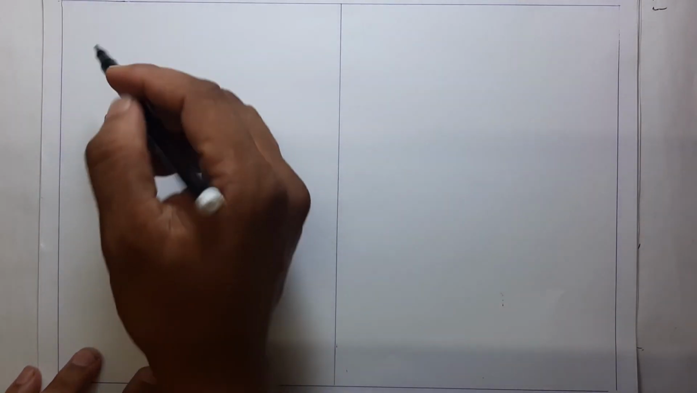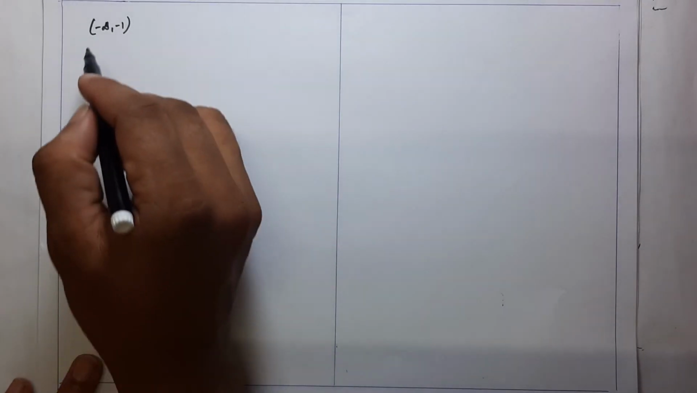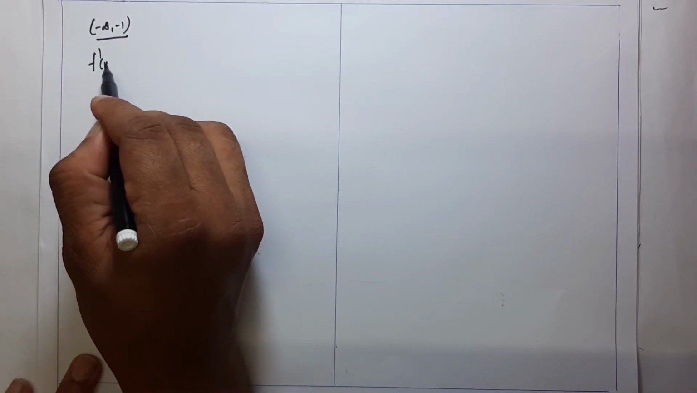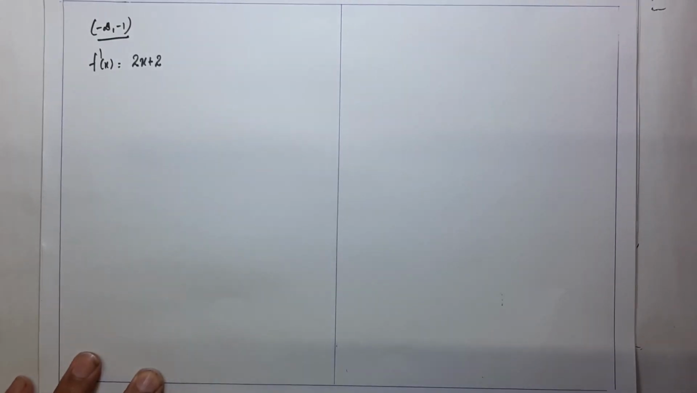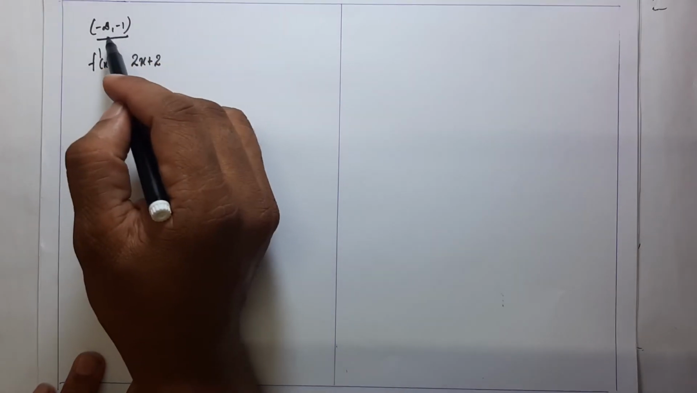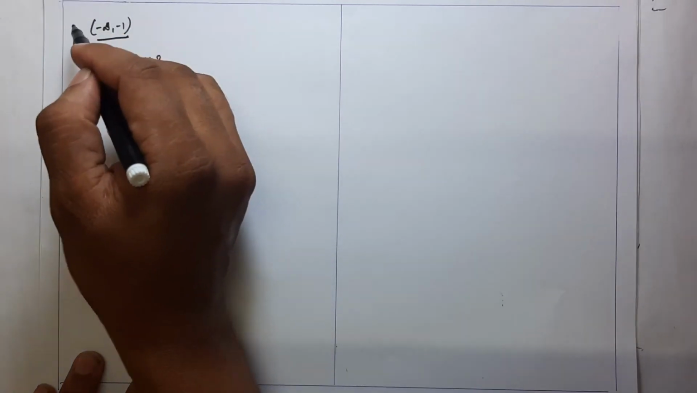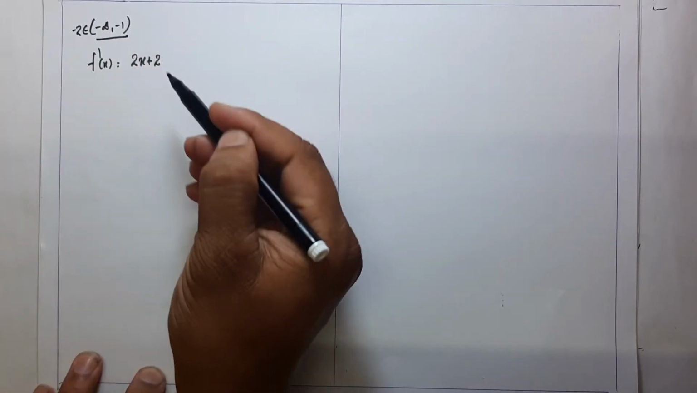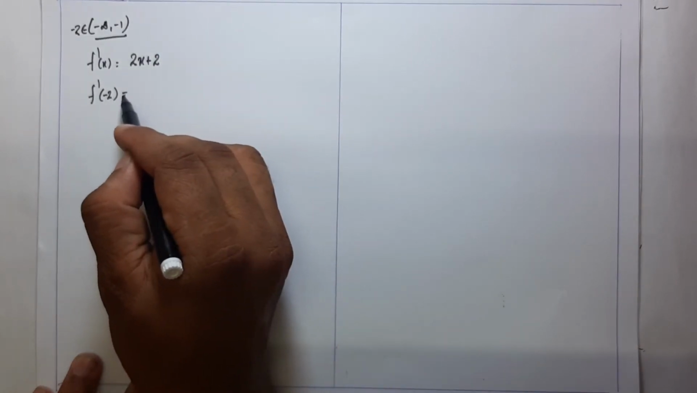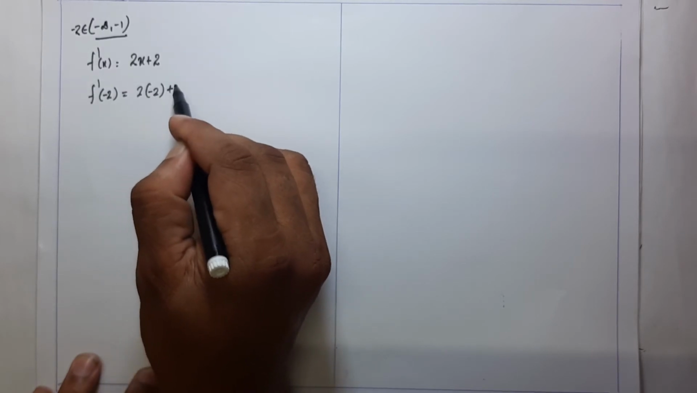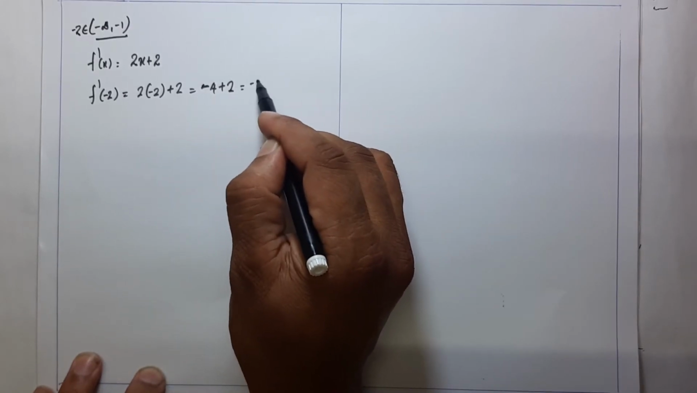First of all we consider the interval minus infinity to minus 1. Our first derivative is 2x plus 2. Now we take a point that lies between the interval minus infinity to minus 1. Suppose you take minus 2. Then we put minus 2 into the first derivative, that is f dash minus 2 is equal to 2 into minus 2 plus 2 is equal to minus 4 plus 2 is equal to minus 2, which is